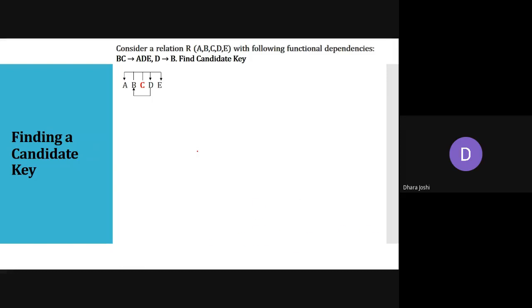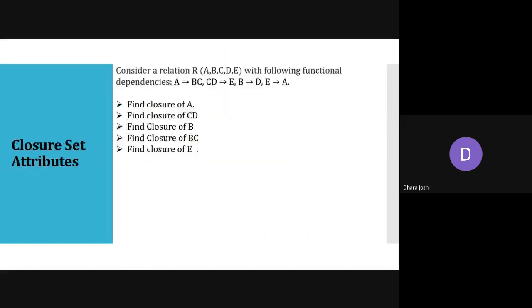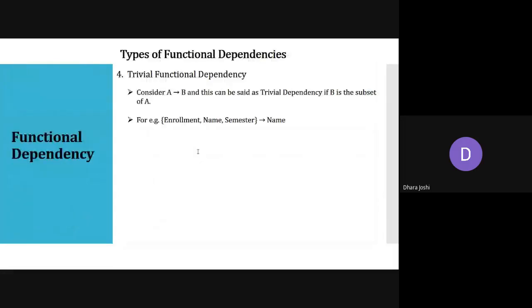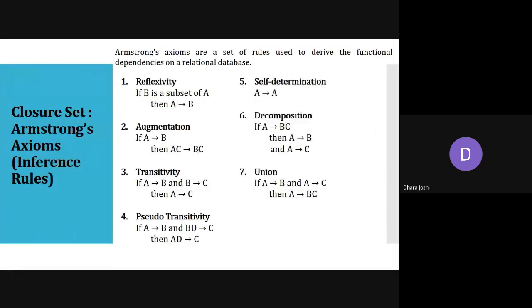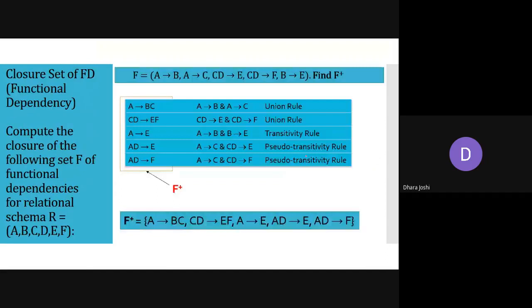Today we are going to study one new topic, which is decomposition. We know what decomposition is. I'm going back. We have studied this in Armstrong's axioms, if you remember. And here we have decomposition. Decomposition means if I have the value of A, then I can get the two column values, which are B and C. So I can divide it, break it or decompose it with these two rules. Having the value of A, I can get the value of B, and having the value of A, I can also get the value of C. This is decomposition, and we are going to study that topic in detail.